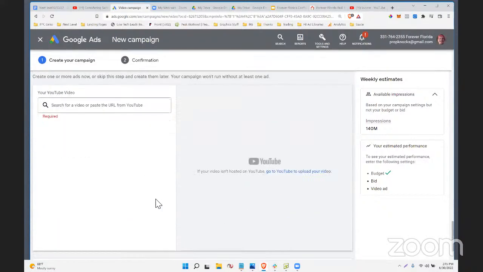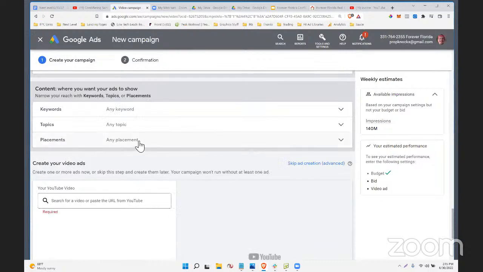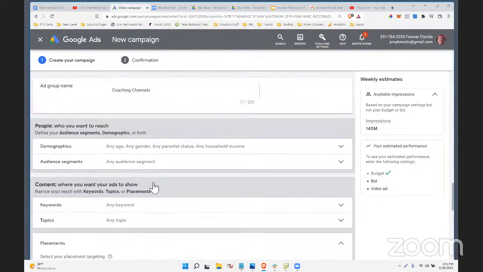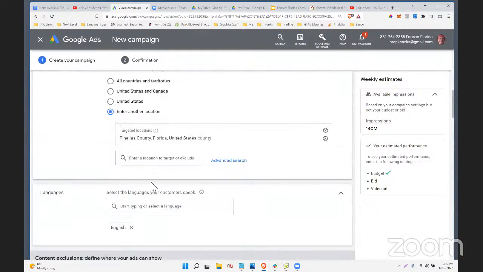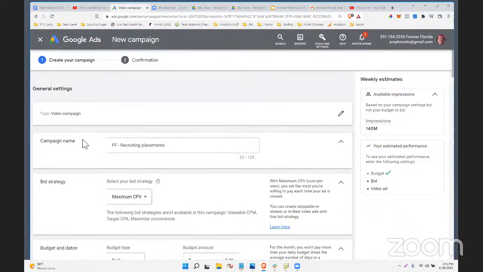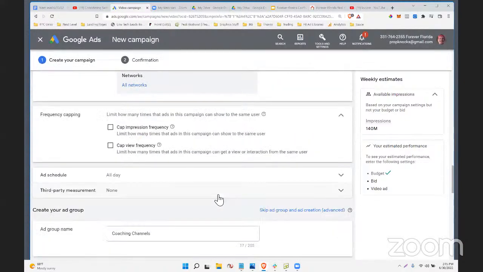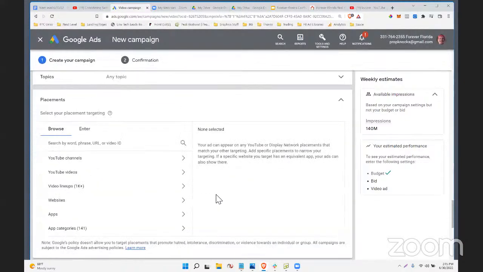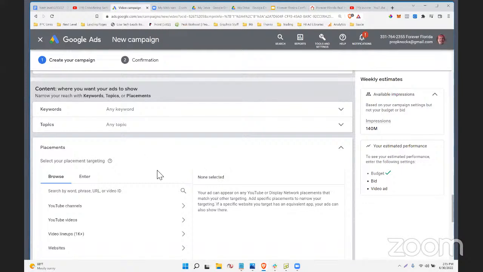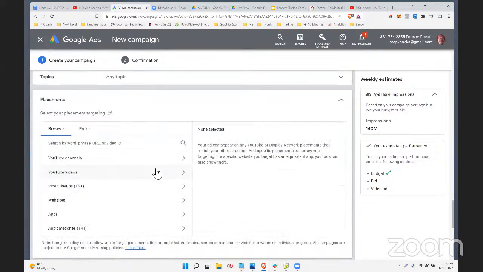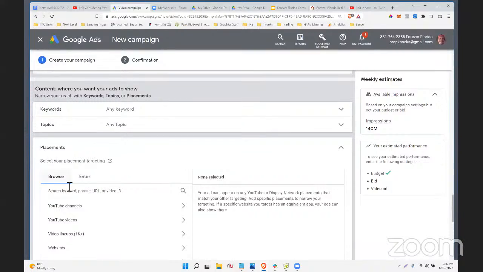And I'm going to pick placement here. Well, I'm getting worried that I didn't pick the right objective here to make it one of those placement ads. I told you I was going to get a little dizzy because I had to watch and learn how to do this, and I'm trying to remember from having done it only 3 times so far. But let's go ahead and put our placements in.